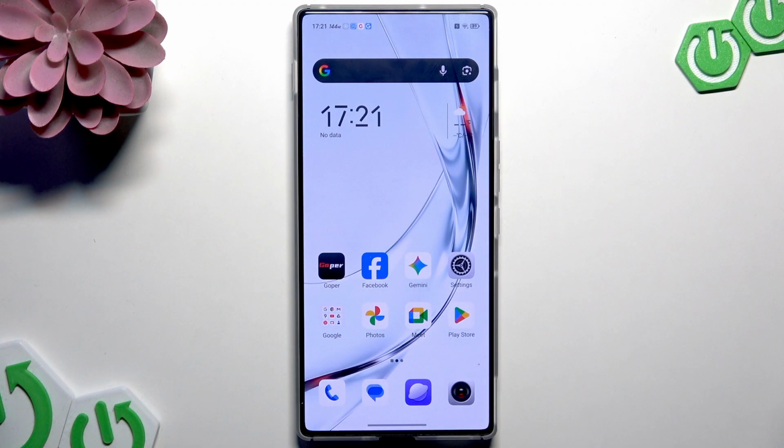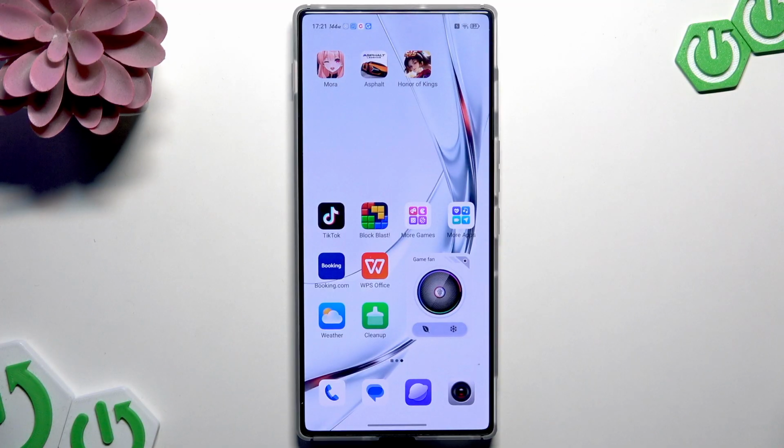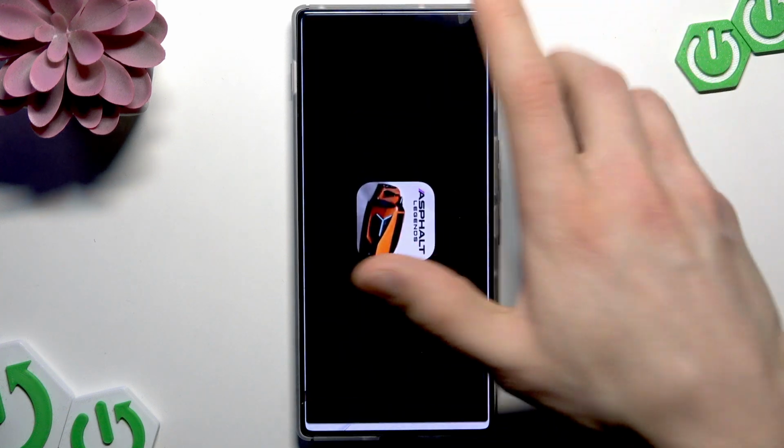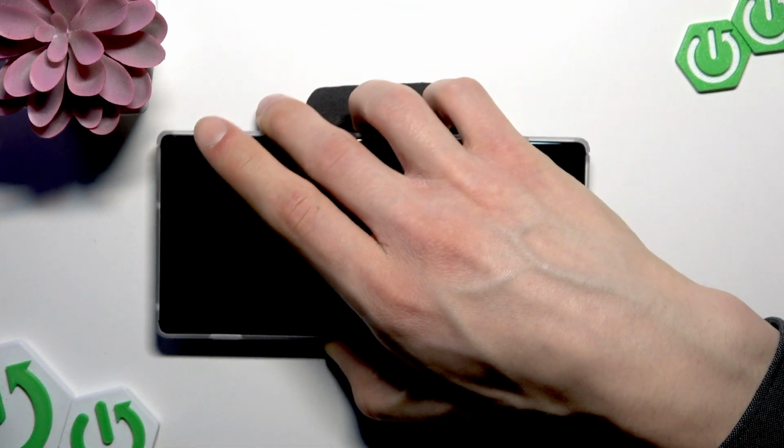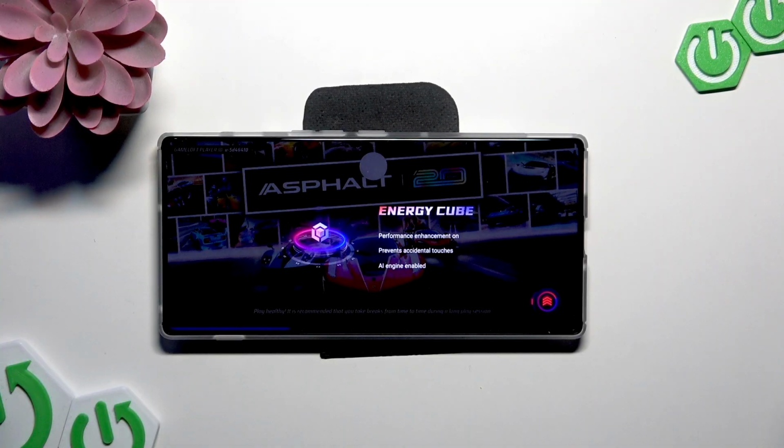Locked refresh rate is the game exclusive feature on this smartphone, so it's active in any game that you play, but you can actually lock a specific refresh rate for a specific game that you're playing to adjust it to your FPS, for example. And to activate this feature, you have to first run any game on your smartphone, either